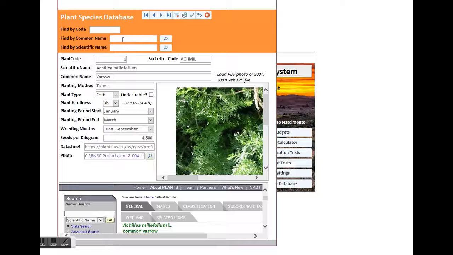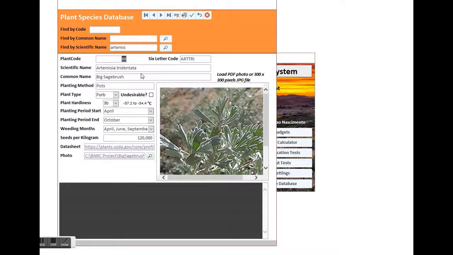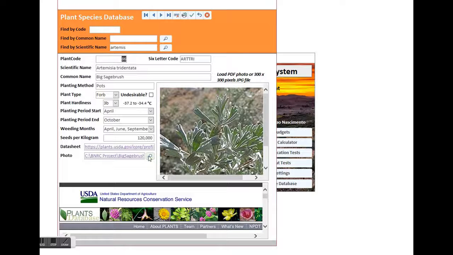So you can search, let's say, for a scientific name. So let's say Artemisia. We don't need to type the whole name, so just Artemisia, and all Artemisias will show up here. I have data for this Artemisia tridentata, that is big sagebrush, and you see the same information right here, a photo